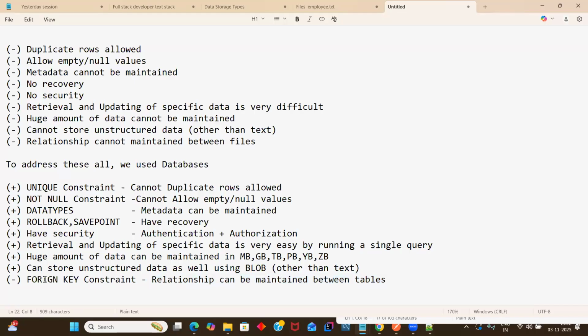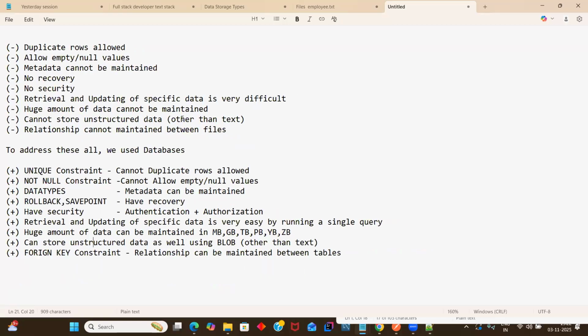Using foreign key. Please don't memorize all this, because we will be learning it one by one. What I want to summarize is that through files also you can store data, but there will be limitations. That's the reason we go for a concept called databases. And one more important point: a file can store data as textual information, whereas a